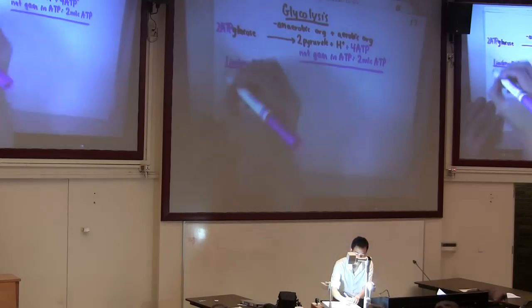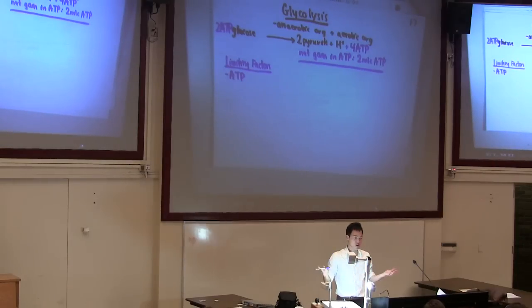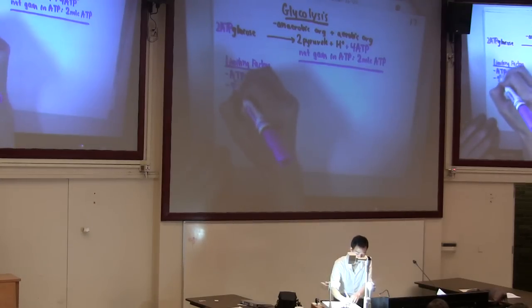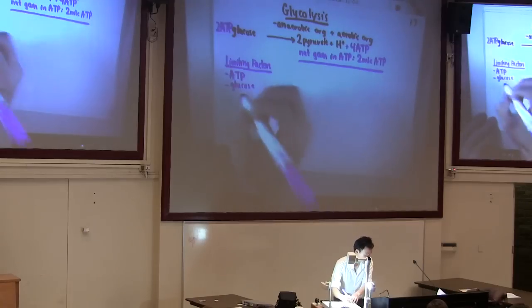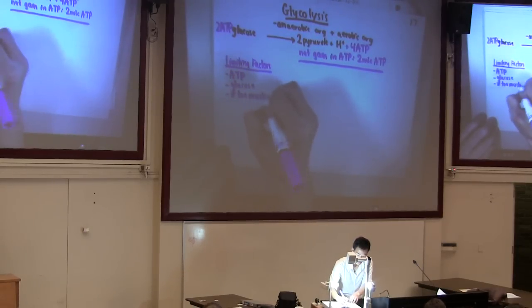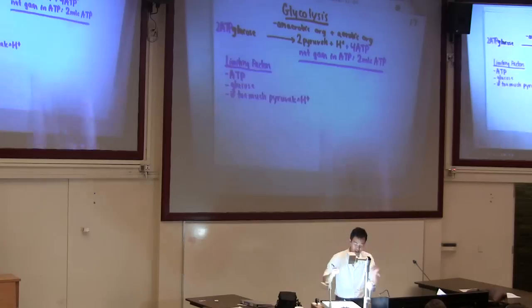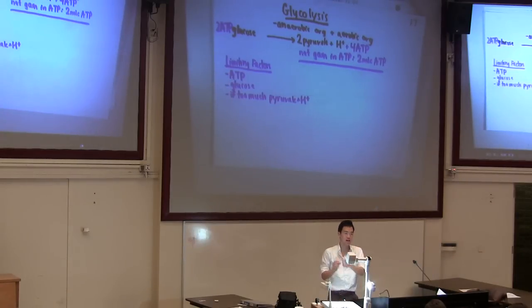Okay, if you don't have enough ATP, you can't do glycolysis. If you don't have enough glucose, you can't do glycolysis. Right? Also, if you have too much pyruvate and hydrogen ions, that's going to slow down glycolysis because the reaction will want to move the opposite direction,